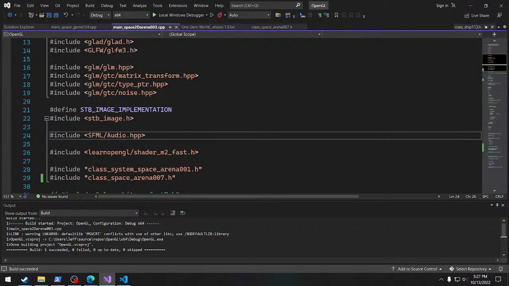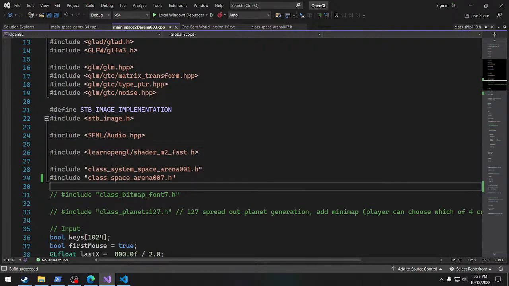Warning, link default MSVCRT conflicts with use of other libs. Use no default lib library. Oh, I might want to do that eventually to get rid of that error. Don't know what that is exactly, but